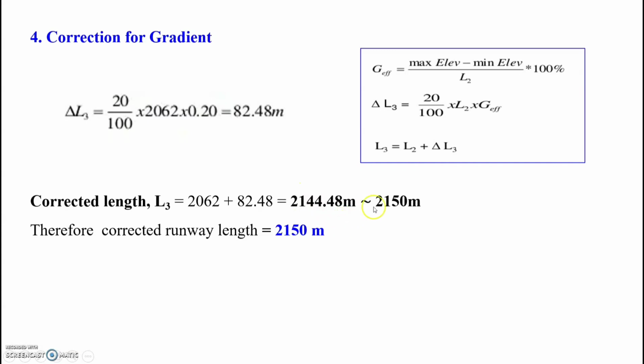You can round it to the nearest 10 meters and you get 2150 meters. So now you have applied all the necessary corrections, and the corrected runway length will be 2150 meters according to the data provided to you.